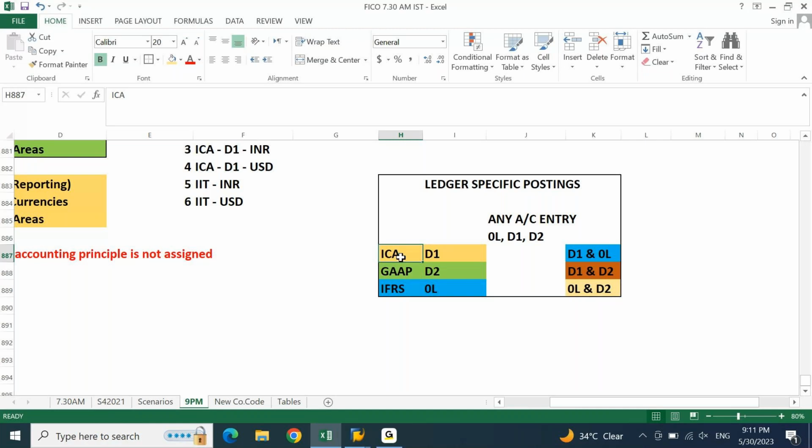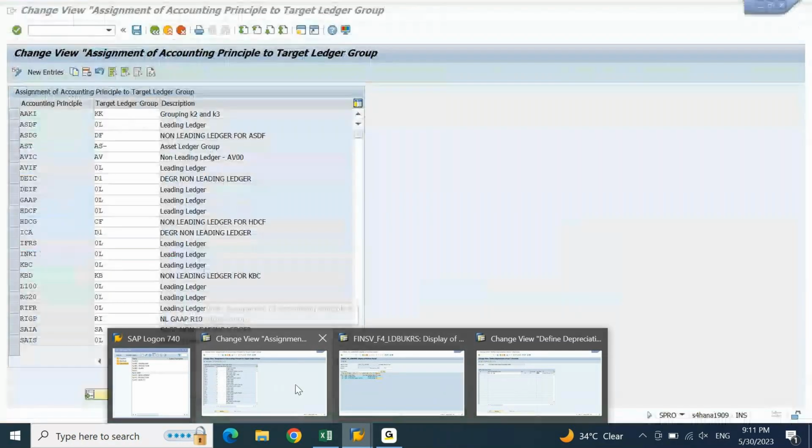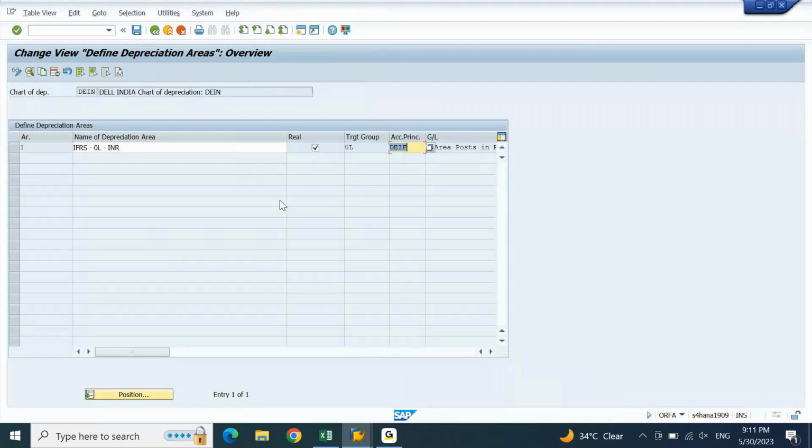Understood, sir. Now this is how we created the ledger and then the accounting principle. After that, we assigned this on your depreciation areas. For depreciation area 1, the description is real-time depreciation posting. Target ledger group is 0L, which is coming based on your accounting principle.